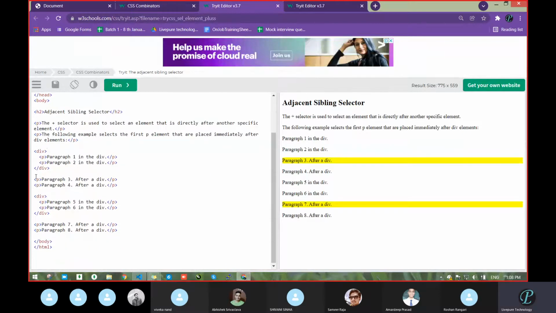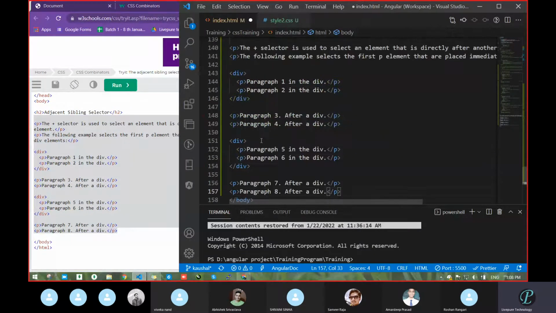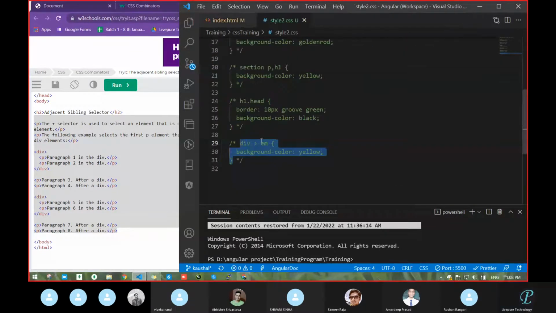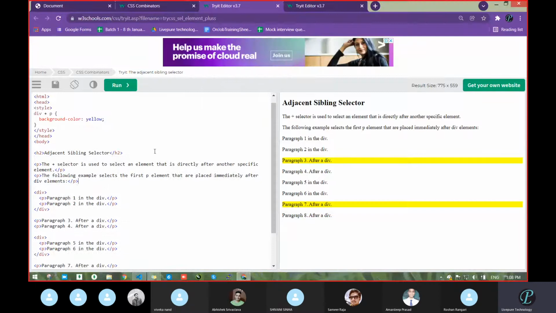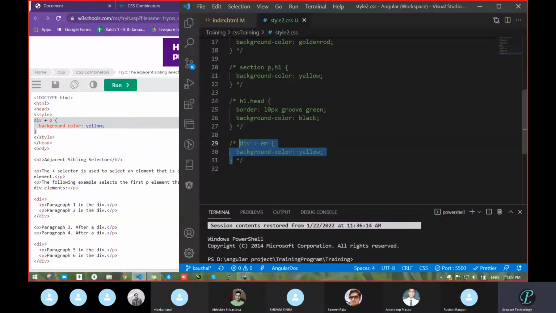We will verify what the differences are. See, the output will be the same. When you go with a combinator selector, or a child selector, all will look the same. We can work with a simple selector itself. You will realize there is some difference, not much, but some.